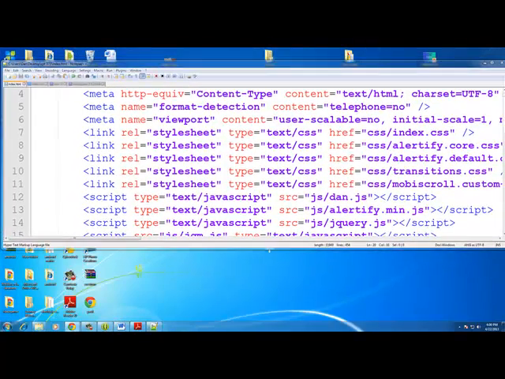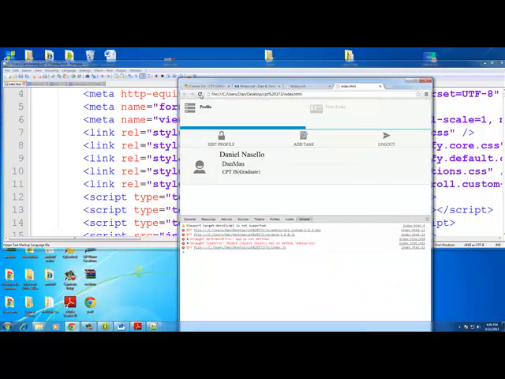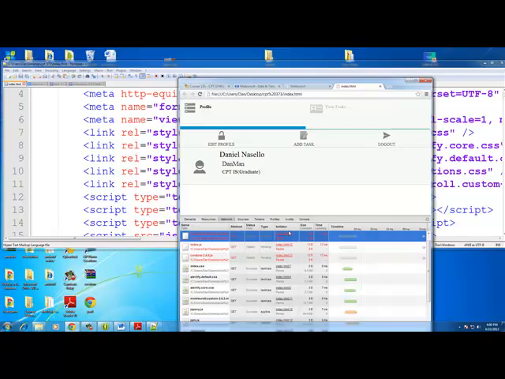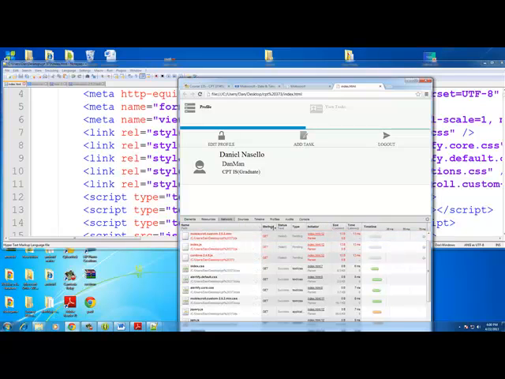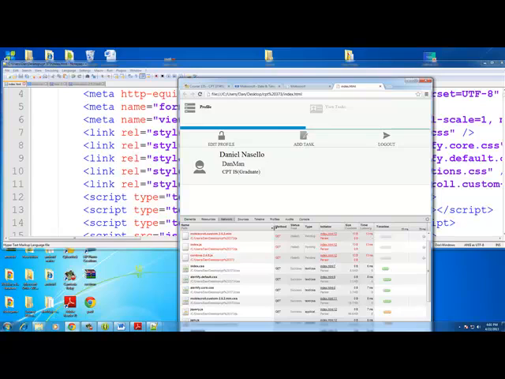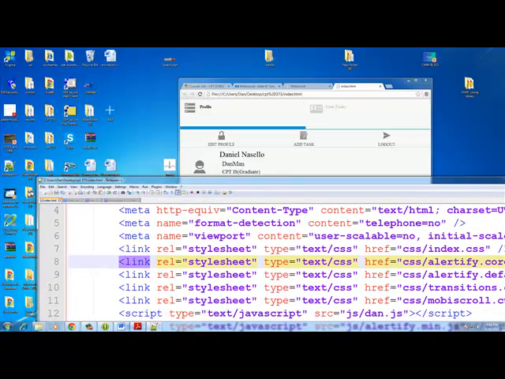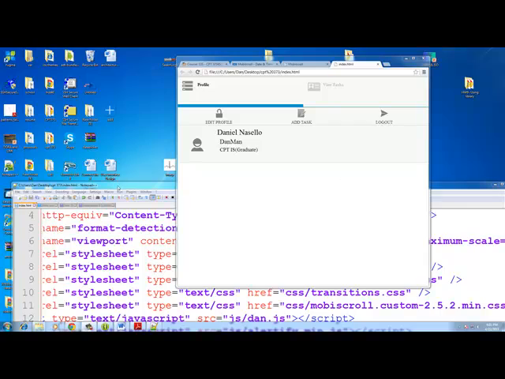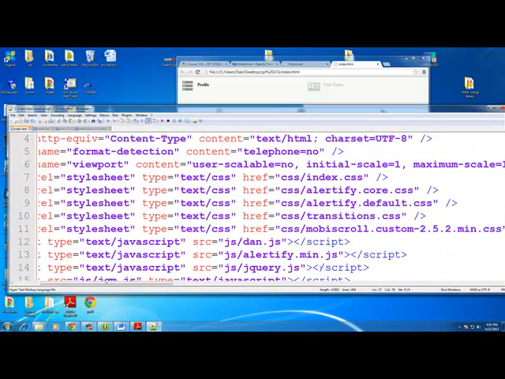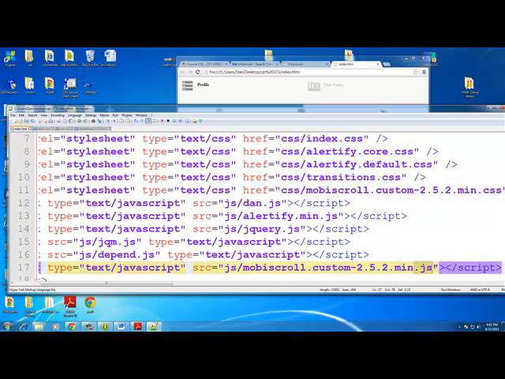And let me see if that resolved my issue. And no, it's still not linking correctly. Yeah, sorry, I just had to put .js at the end of my JavaScript, and I forgot to put that. So if you were following along, make sure you put .js at the end, and then everything should work